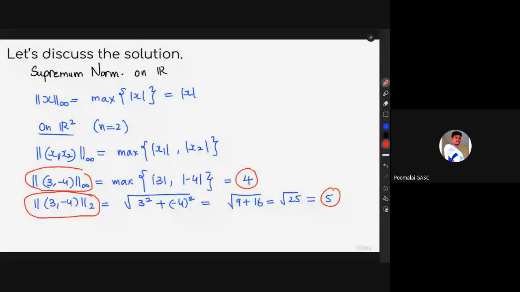Now, as I generalized the Euclidean norm in the case of Rn, I can similarly generalize the supremum norm in the case of Rn. So how do we do that? If I pick a vector,